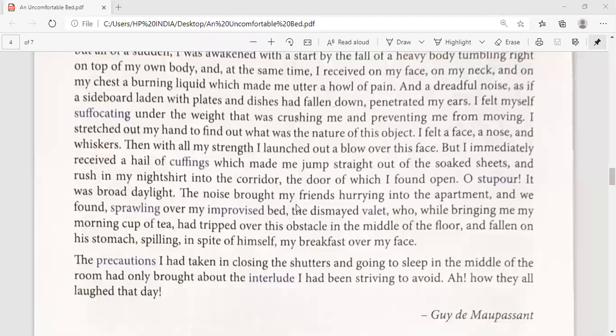So the narrator ran outside in his night shirt, and he just, oh, stupor, meaning the state of being unconscious. So he was kind of unconscious, not conscious at all. Then his friends were also looking at him, and they went to his room, and they saw the improvised bed, sprawled, meaning lying full length. Improvised means the new bed he made at night. They all watched that bed and laughed loudly at him. So all the precautions he had taken were of no use, and he finally made a prank of himself.